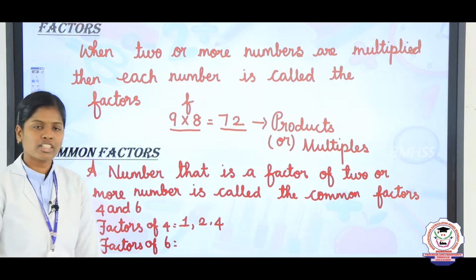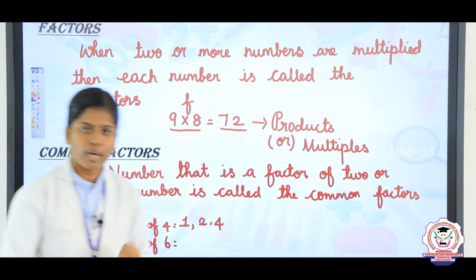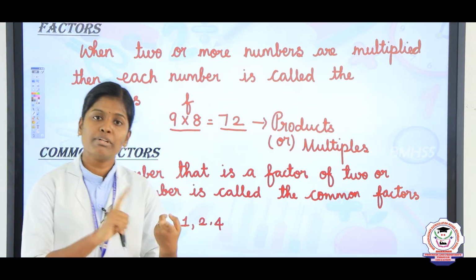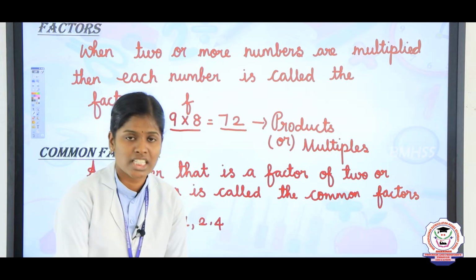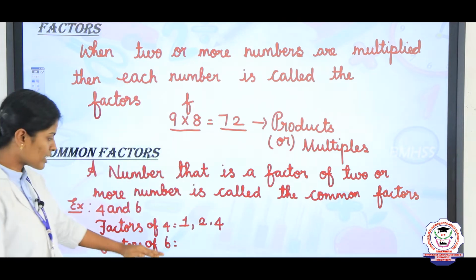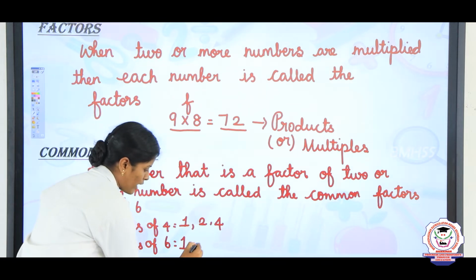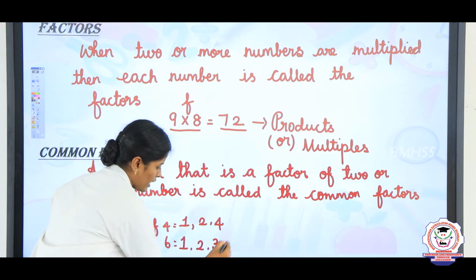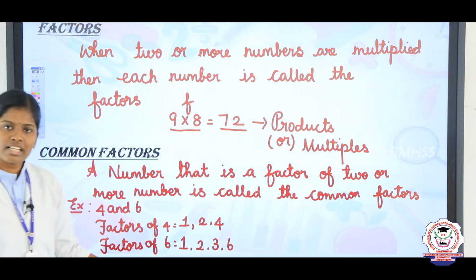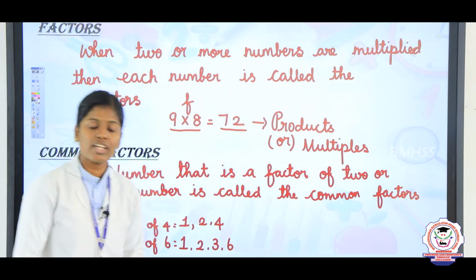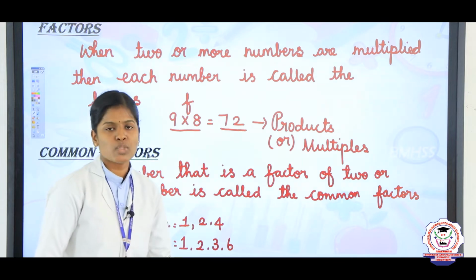Next we will take the factors of 6. Now we are going to check the 1 table, 2 table, 3 table, 4 table, 5 table and then 6 table. Now tell me Anjali, what are the factors of 6? Very good. The factors of 6 are 1, 2, 3 and then 6. So 1 6 is 6, 2 3s are 6, 3 2s are 6 and 6 1s are 6.